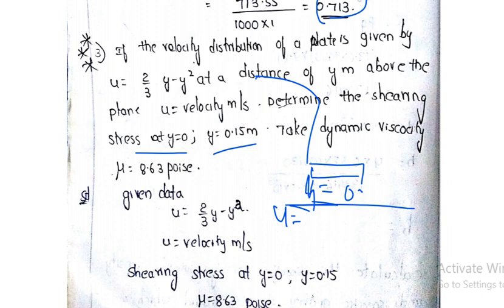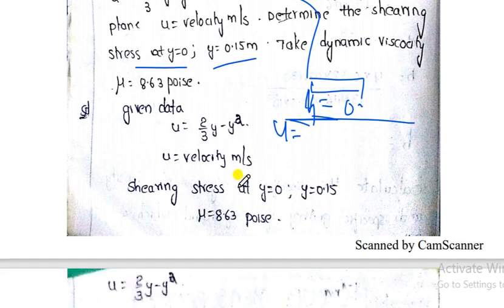हम लोग यहाँ पे shear stress निकालना है, एक बार boundary layer पे और एक बार उसका थोड़ा ऊपर, right. So easy है, velocity is given 2 by 3 y minus y square where u is the velocity, right. shear stress निकालना है कहाँ कहाँ पे, at y is equal to 0 boundary layer पे, at y is equal to 0.15, right. Similarly, mu is nothing but the dynamic viscosity, right. Here dynamic viscosity is given 0.8